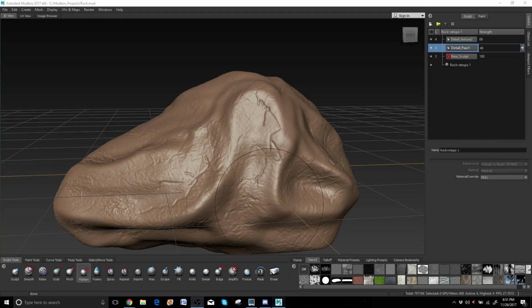Now, what I want to go back to was this area right in here. I wasn't really super happy with how this looks. It just looks strange for a rock. So I want to adjust this shape a little bit. And to do that, I can do it in this current level, but typically you want this to be done at the base level. You can do it up here, but I'm going to go back down to the base level and show you